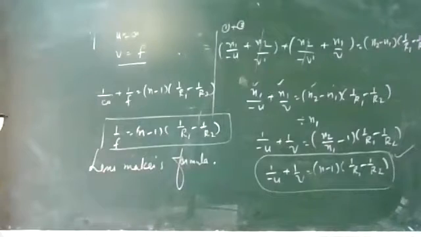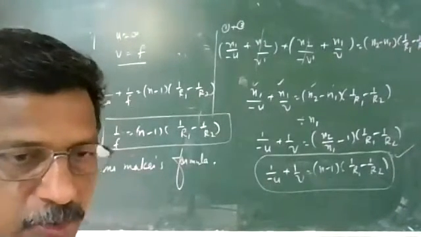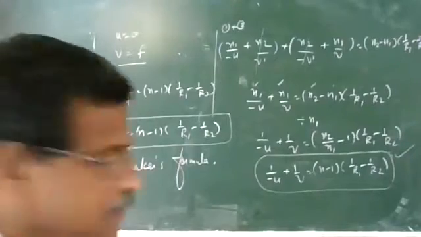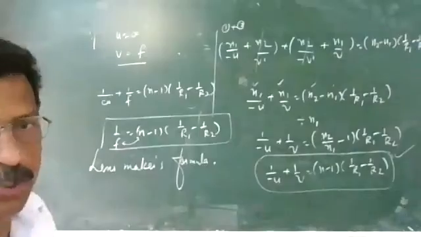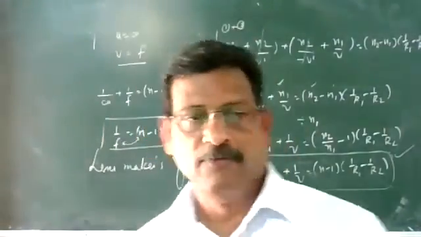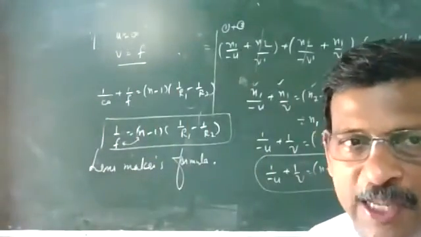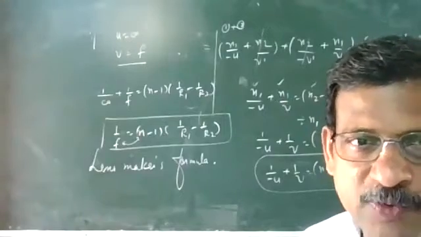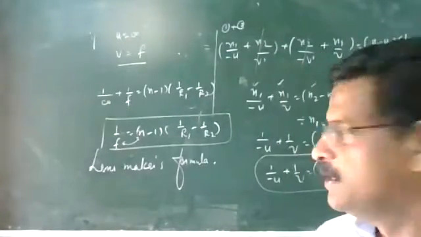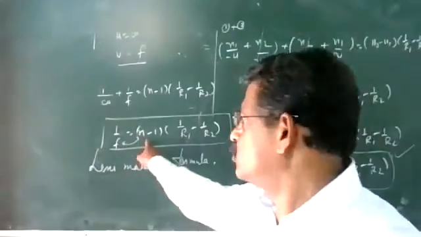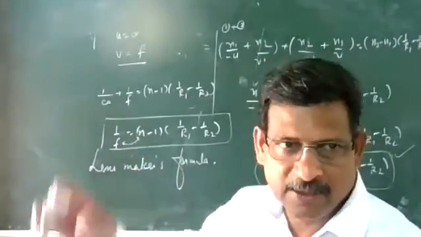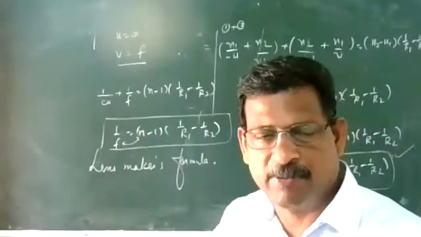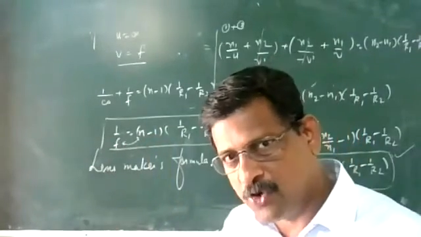Derivation of lens maker's formula is 1/f = (n - 1)(1/R1 - 1/R2). You can see that focal length and refractive index are in inverse proportion. Focal length of the lens depends upon the refractive index of the lens with respect to the surrounding medium. So 1/f is inversely proportional to n, where n is the refractive index of the lens with respect to the surrounding medium. So when it changes, focal length also will change.